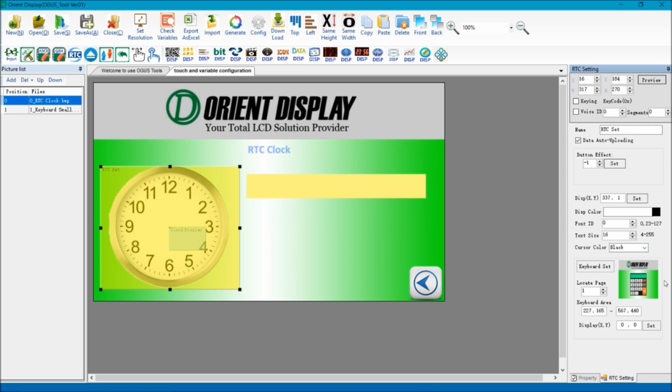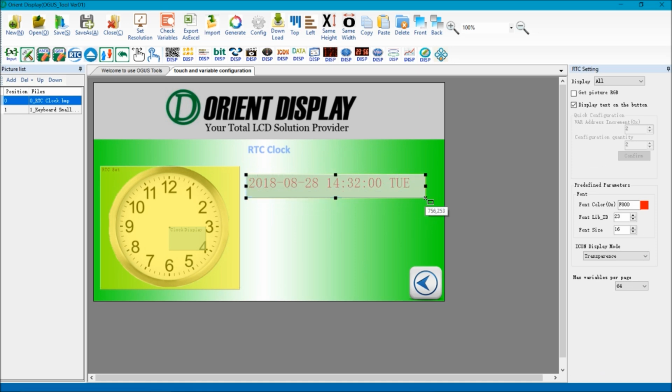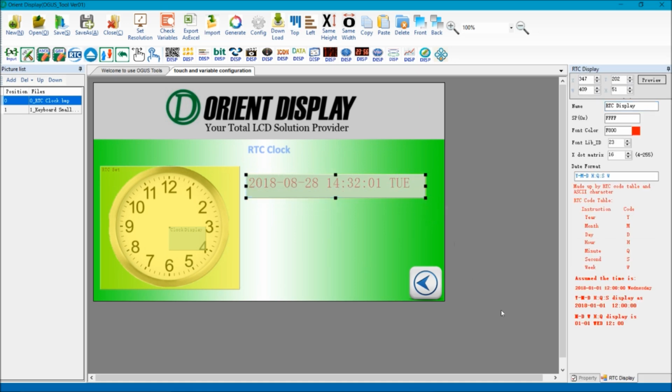Next, we will set the clock number display. Click RTC Display on the top menu, and click and drag over the area where you want the number clock to be displayed. In the right-hand side menu, set the font color to red, set the font lib ID to 0, set the X dot matrix to 16, and set the date format to